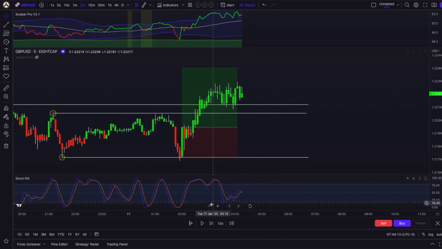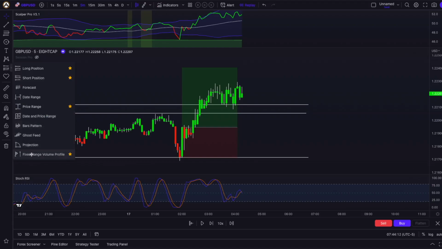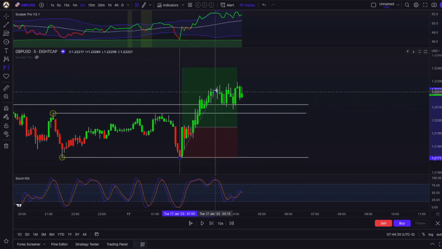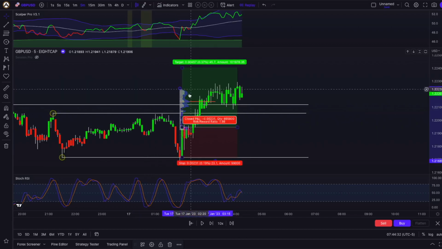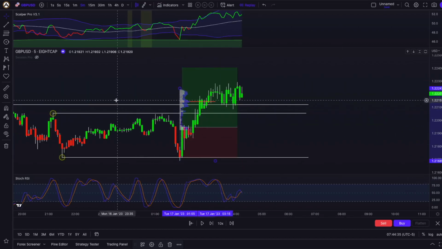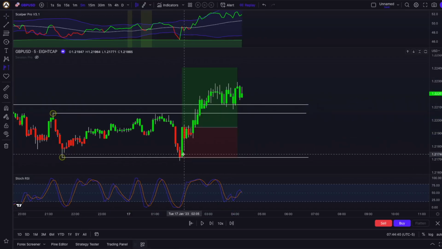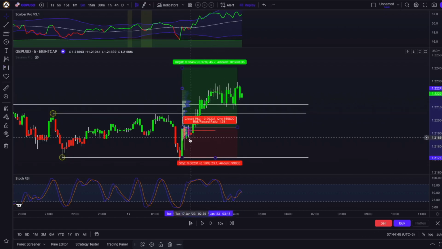Now what we could be doing is what I typically do. I use the fixed range volume profile. So right in here where you typically get your long and short positions from, you can look for the fixed range volume profile. And what I like to do with the fixed range volume profile, I like to look into basically what happened on this move right here to the upside, how volume has been basically presented itself. Actually, I made a little mistake here. I just want to see the momentum starting from this candle to our highest point so far,